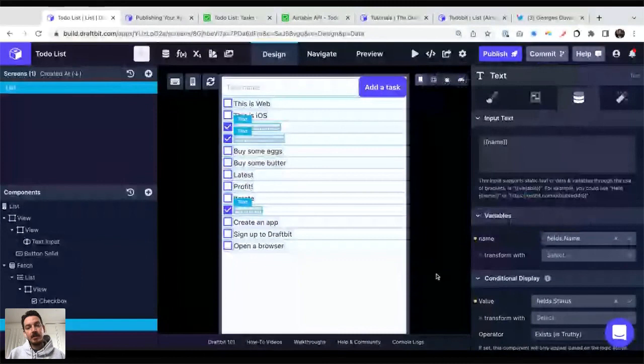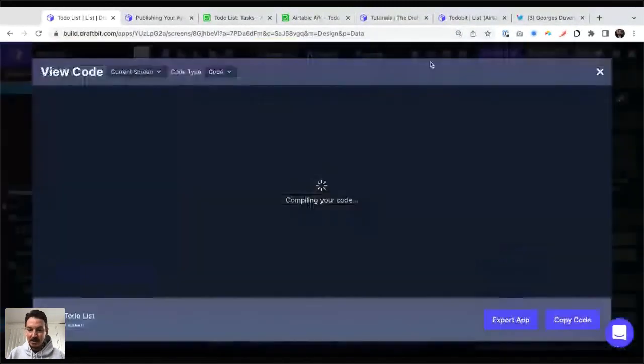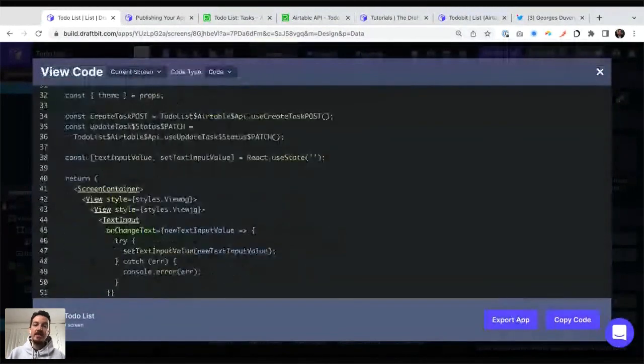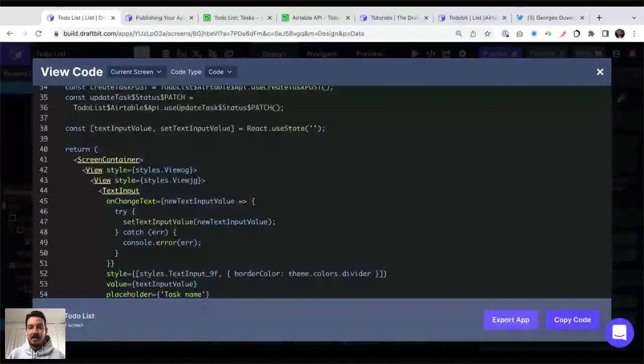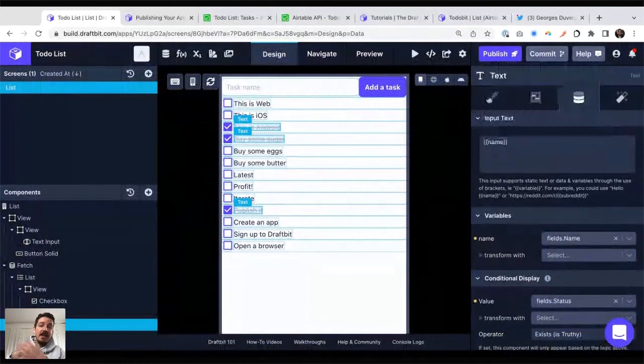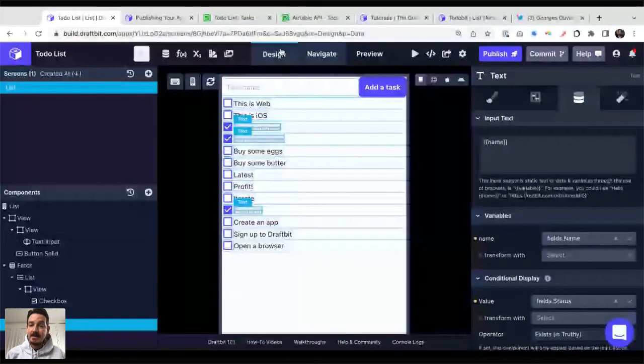Any given time, now I'm selling Draftbit a bit, any given time, you can see the code, see what we generate. We're very transparent. You can export the code. You could even stop your Draftbit subscription if you wanted to, and still export your app and have a fully working React Native app with no secret dependencies or things like that, completely not locked in the platform. You can push your code to GitHub if that's the workflow you have with engineers. And that's essentially it.